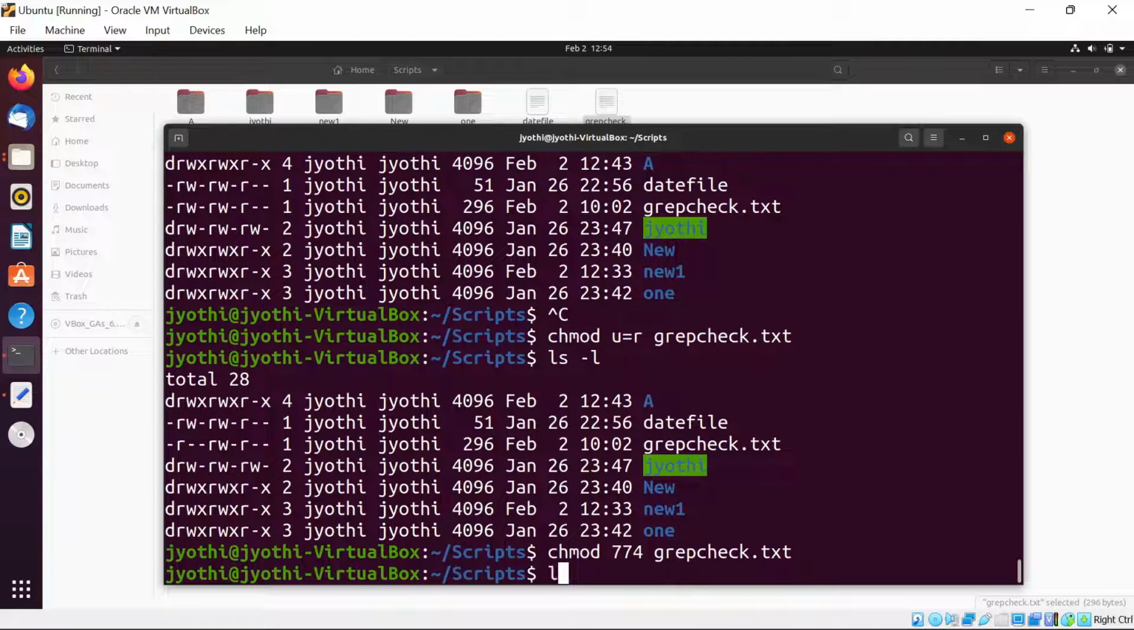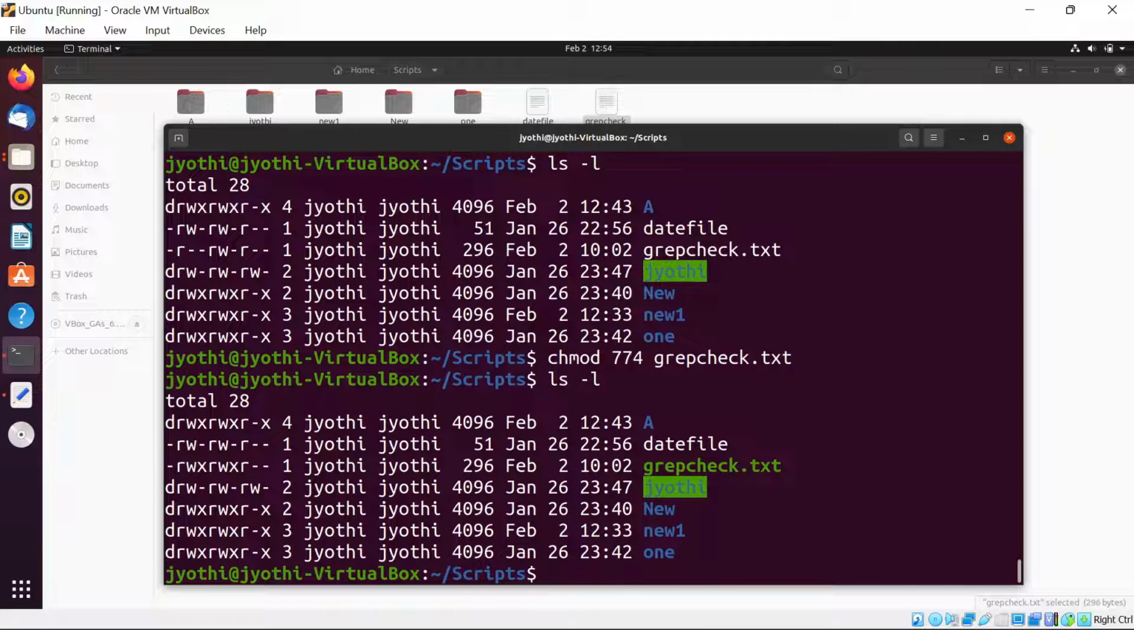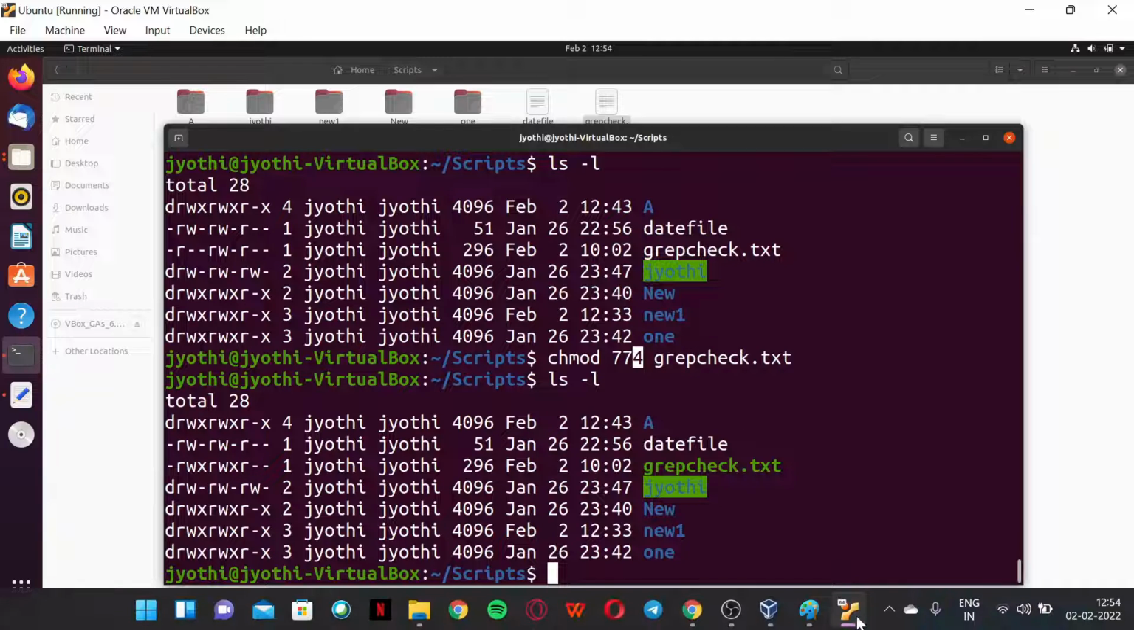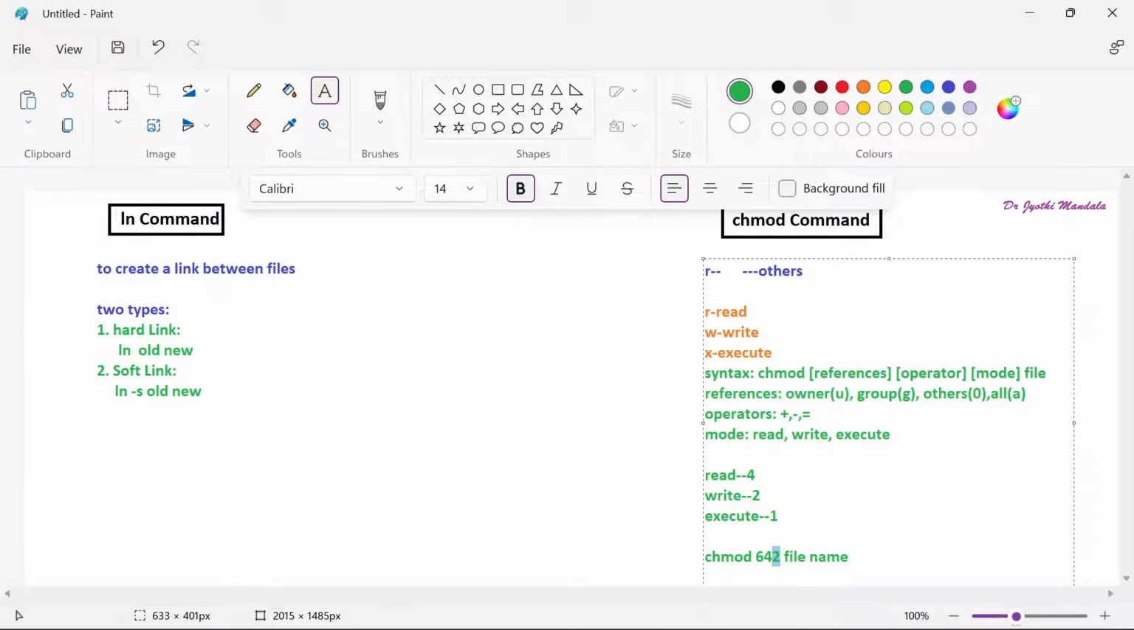Then what happens? Let us see. Did you see this file? Earlier it was r-- like this. Now you see read write option, why? Because it is 7, and then also read write execute option because it is 7, and then it is only read option because it is 4. I hope you are all understanding. So this is the way how